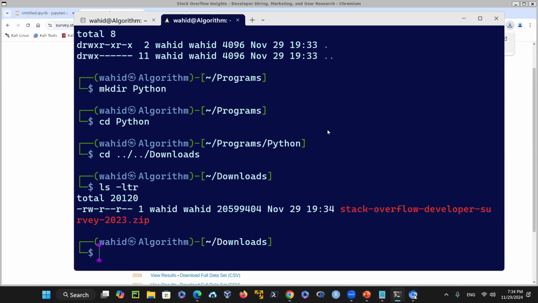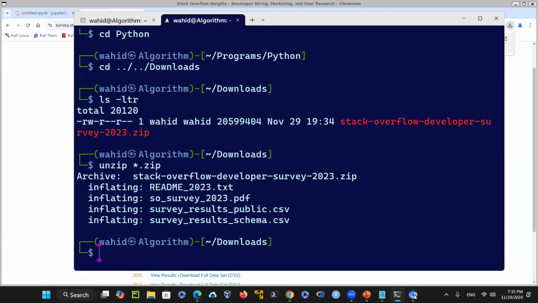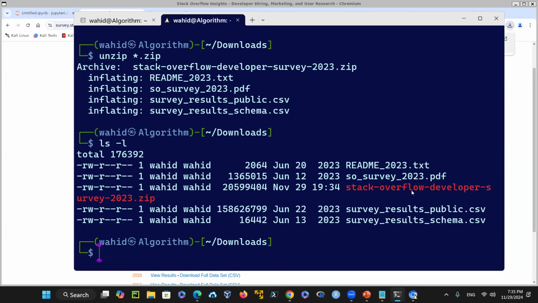If I had it on another machine, on this machine, I could also enable SSH, which I show you how to do also. But this is a zip file, right? So this is a zip file. I have to unzip it here. Let's see, I'm going to say unzip store.zip file. And unzip is already there, so it already found it, unzipped the files, and then you have the PDF file